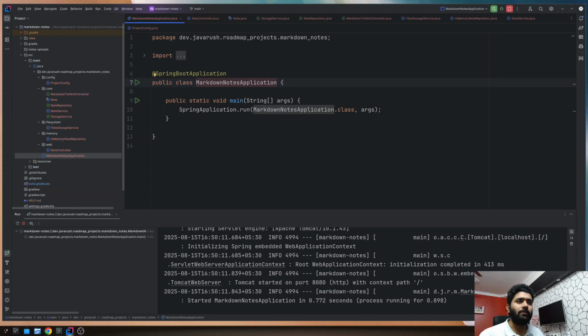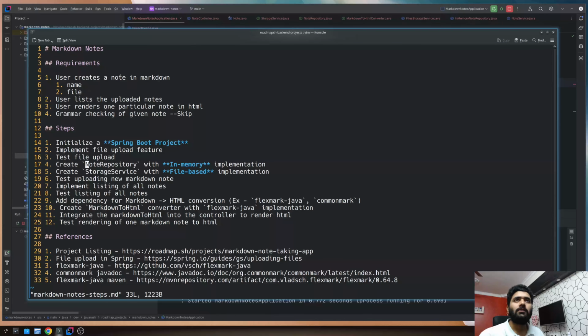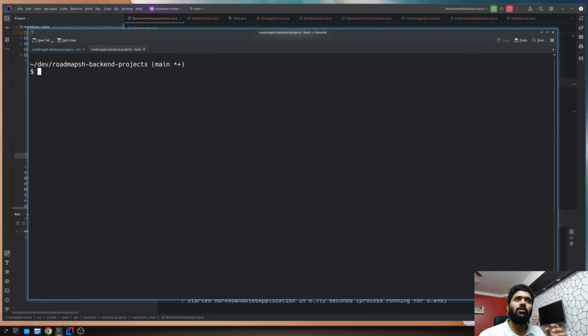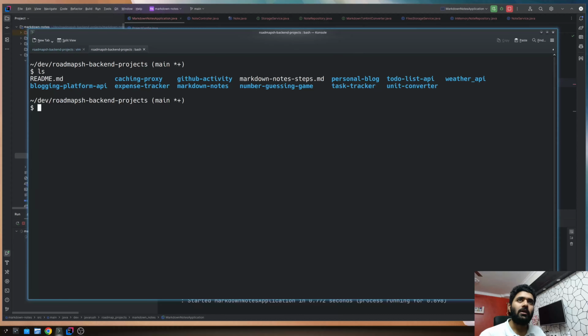Okay, so our application is running, and let's try to upload something. I will go here and create a new tab. We are inside roadmap backend projects, not inside the Markdown notes. Here we have this Markdown notes steps MD file. I will just upload that one using curl. So curl localhost 8080 API notes, and first is title,